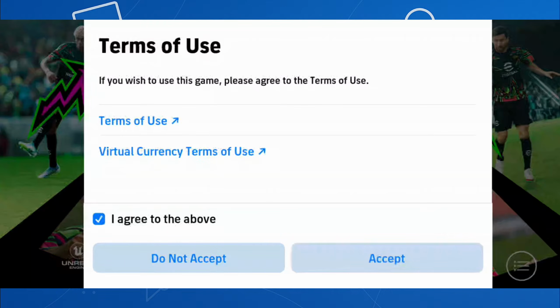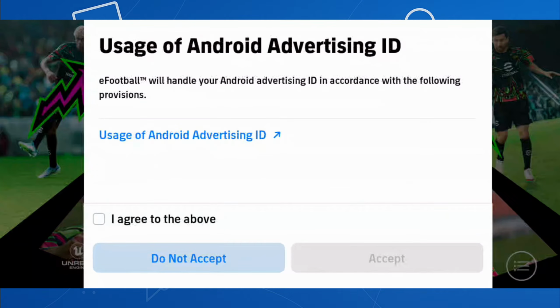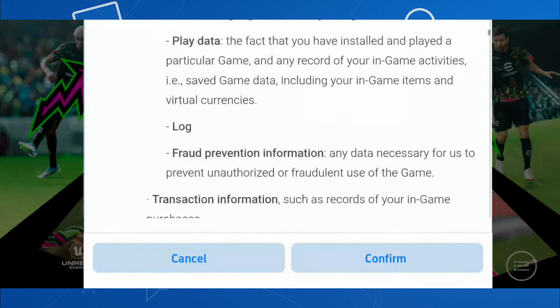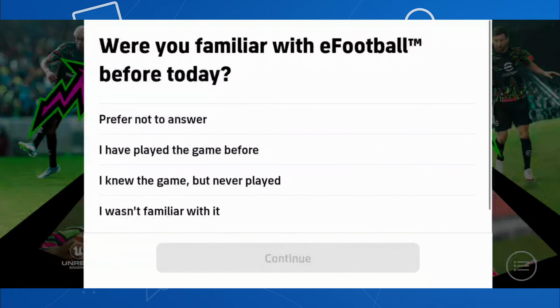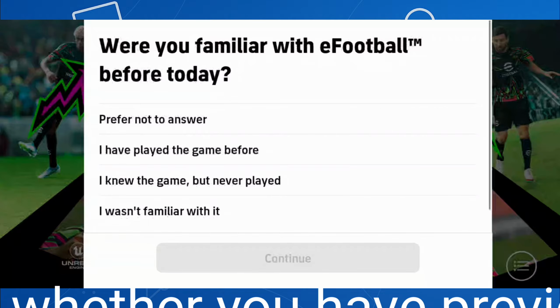Click on I agree to the above and then accept. Click on I agree to the above and then accept again. Click on confirm. Here you can choose based on whether you have previous experience with the game, and then click